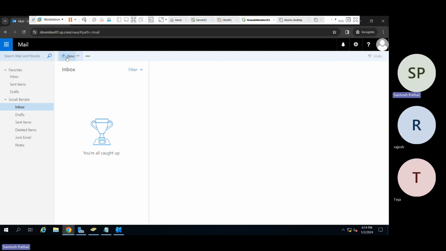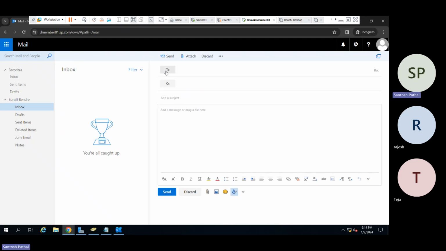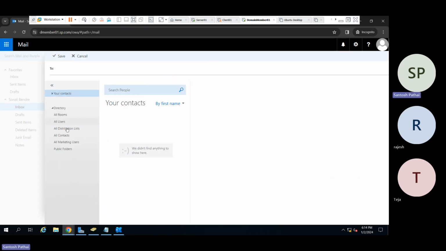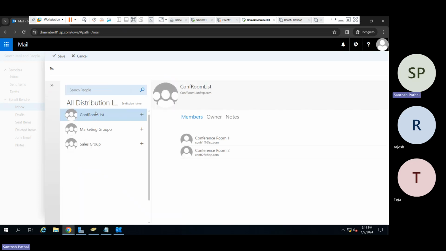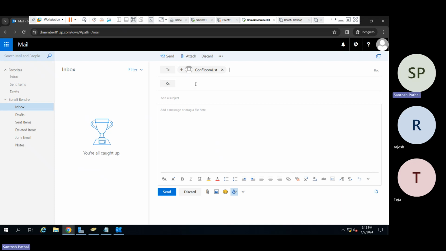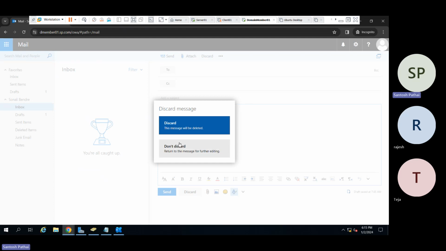I will click on the new button. We'll click on the to button, and here we might be able to find the distribution list, and we can see we have conference room list, and we have two conference rooms. So let's say she has selected conference room, and now she can write a mail, but instead of writing a mail, what is recommended,